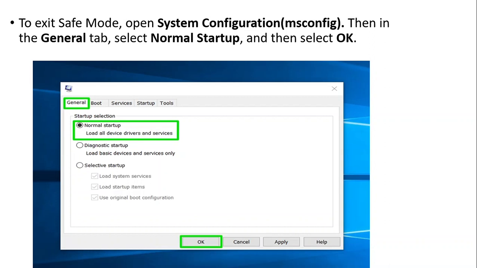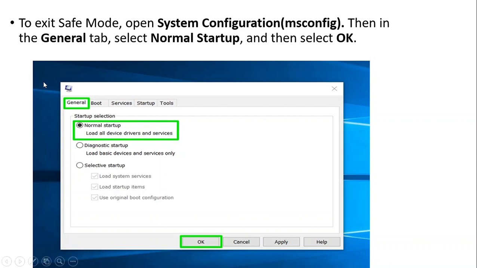To exit safe mode you need to do the same thing again. You need to press Windows R, then type msconfig. The msconfig is also called System Configuration. Once you type msconfig, click enter. After clicking enter this window will pop up. You have seen it before, right? In the earlier window we clicked on Boot and we selected the option for Windows safe mode startup.